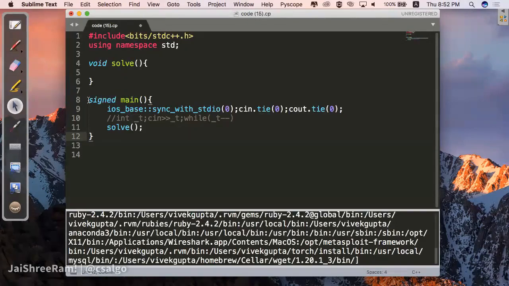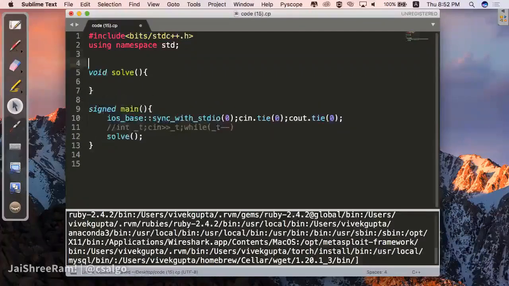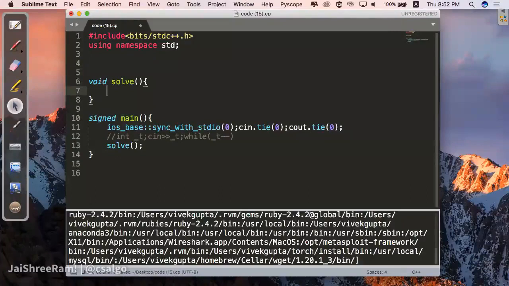Now let's suppose you write a code and you make a bug. Let's look at one particular code.